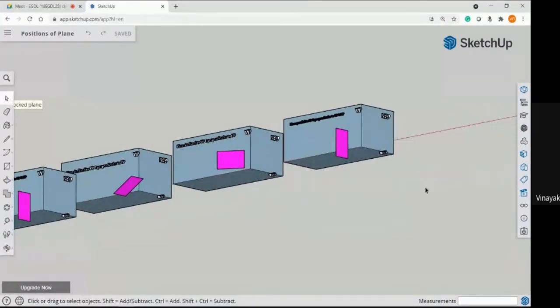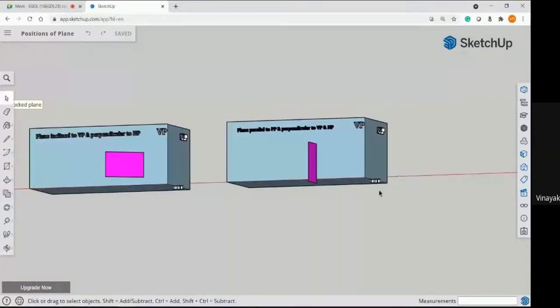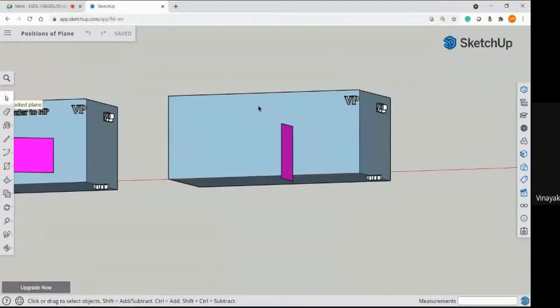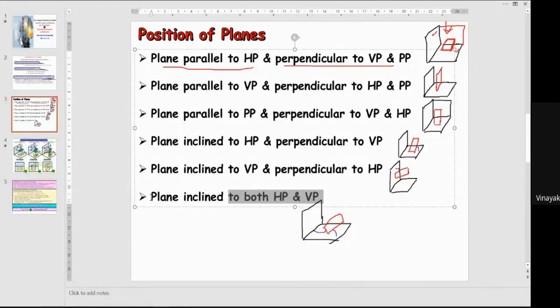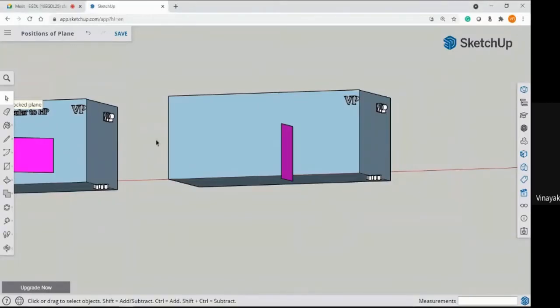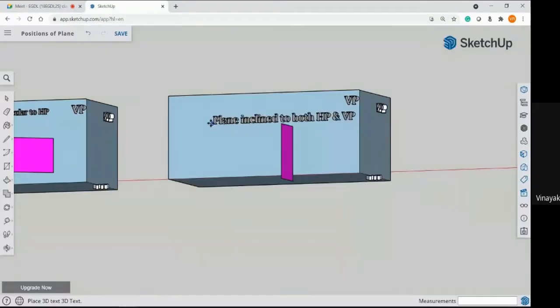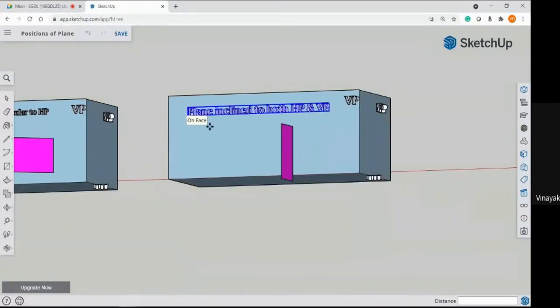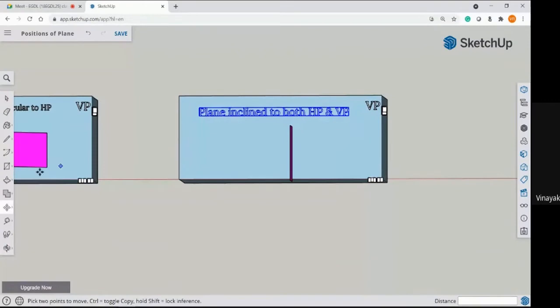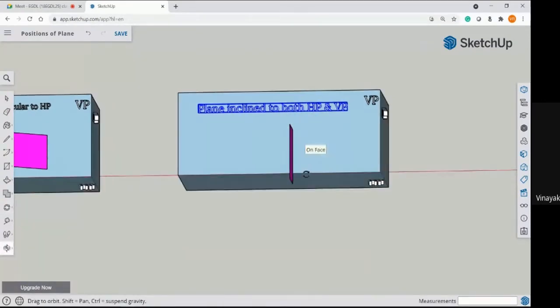In this case, your last one, let me just delete it and copy this. Let me place it here. Yeah, fine. Now let me rotate it in such a way that it is inclined to both the planes.